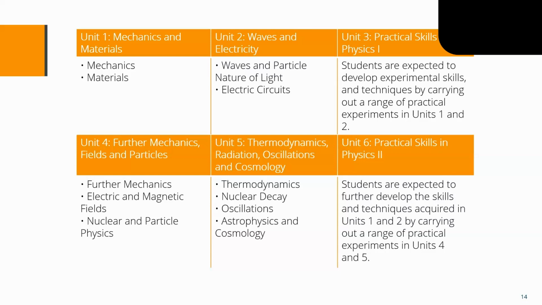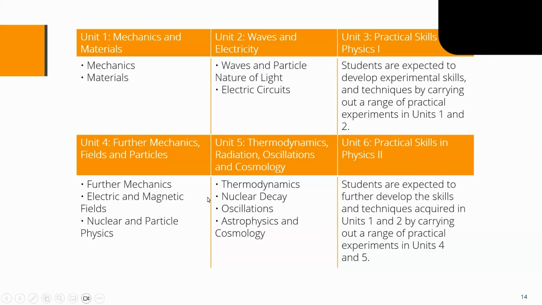Okay, so Unit 1, as the name suggests, includes mechanics and materials. Unit 2, waves and the particle nature of light and electric circuits. Unit 4, further mechanics, electric and magnetic fields, nuclear and particle physics. And Unit 5, thermodynamics, nuclear decay, oscillations, and some astrophysics and cosmology. And then Unit 3 and Unit 6,